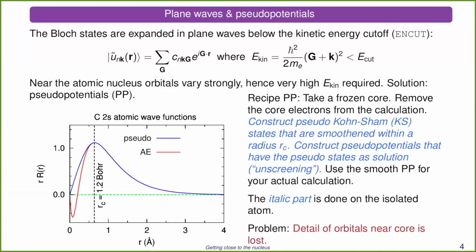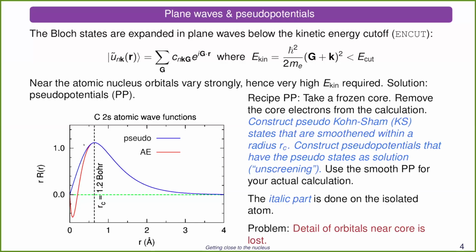And so the traditional solution, already a long time ago in the past century, was to make a pseudopotential. What would you do with the pseudopotential? You would take such an atom, for example, and you would freeze the core, so in the carbon case, the 1s orbital. Then you would construct a pseudized orbital, which is the blue one over here, which is smooth, much smoother than the red one. And outside of a certain cutoff radius, it's exactly the same as the real all-electron solution, but inside